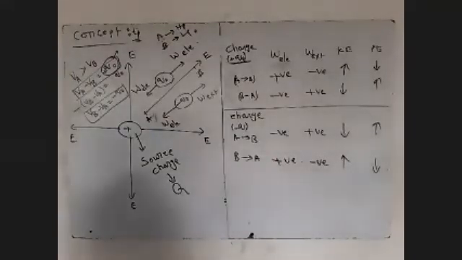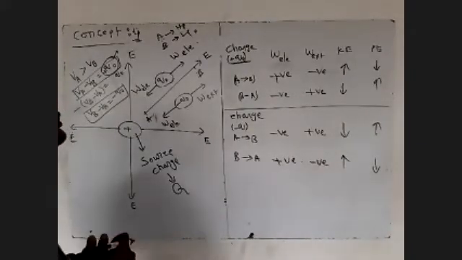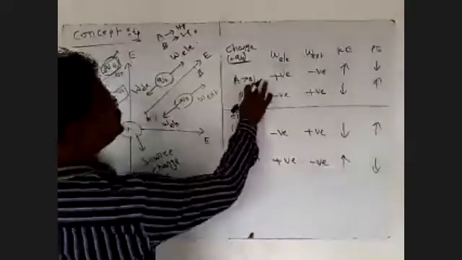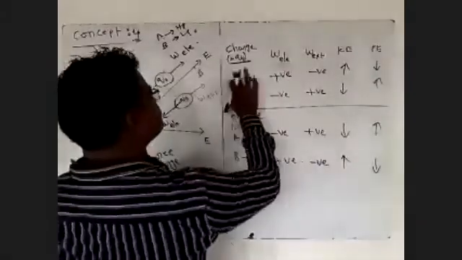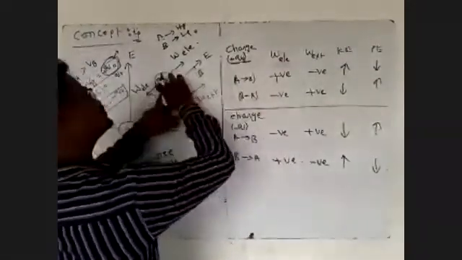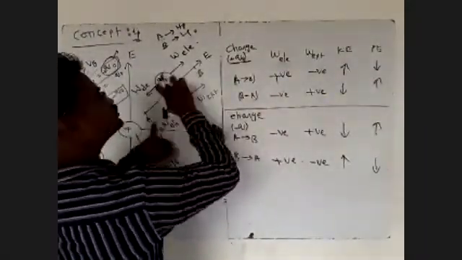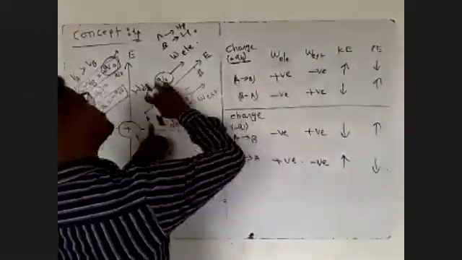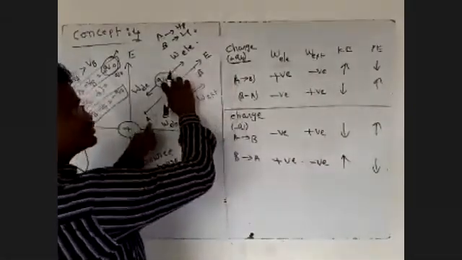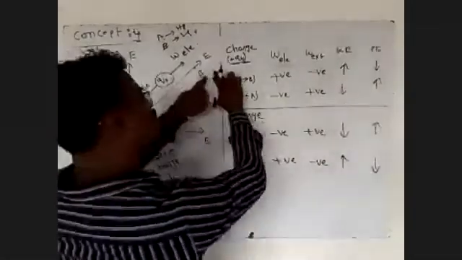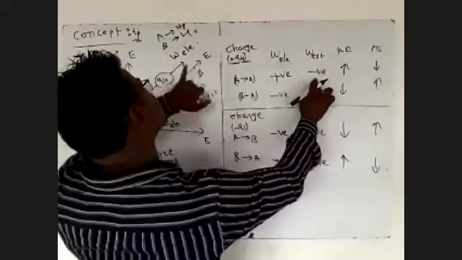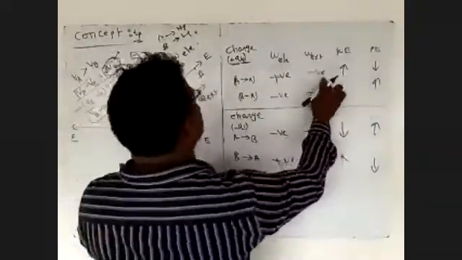Okay. Similarly, we are going to see the negative charge. You check it. Suppose this is A to B, and this is a positive charge. The positive charge moves from A to B. The charge Q naught moves from high potential to low potential, which means positive work. Q naught moves from B to A means negative work done.